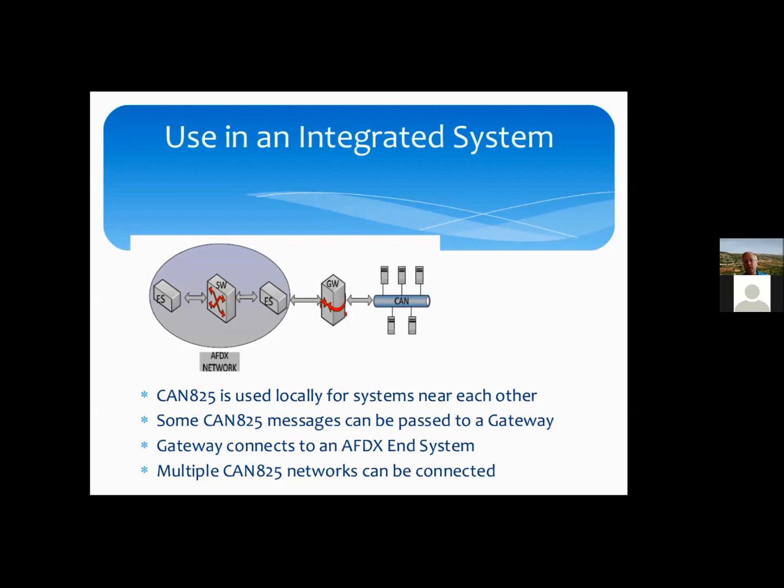and that gateway on the other side will be connected to an end system of an AFDX system. So through the gateway, all the data that was received by all of those 20 or 50 devices on the CAN Bus can now be sent to the cockpit via AFDX. So you'll have a relatively small localized bus that has maybe 50 different things on it, and then you'll have a single wire going from the gateway to the cockpit, bringing all of the data at